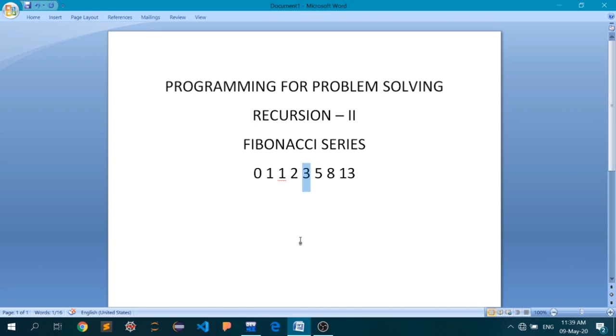So if I call a function called fib and pass as argument the number which you want in the Fibonacci series, and if I pass the argument as 5, it will return me the fifth number in the Fibonacci series, and the fifth number in the Fibonacci series is actually 3. Okay, so if I pass, let's say, the eighth number, then the function will return me 30.